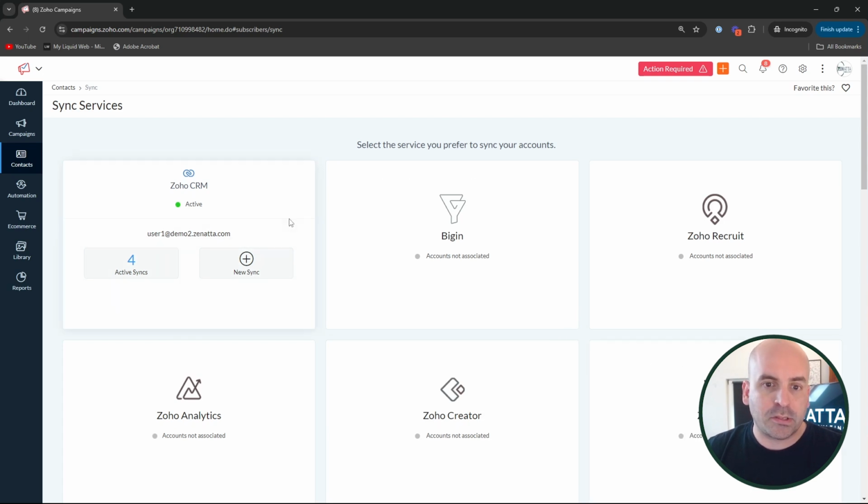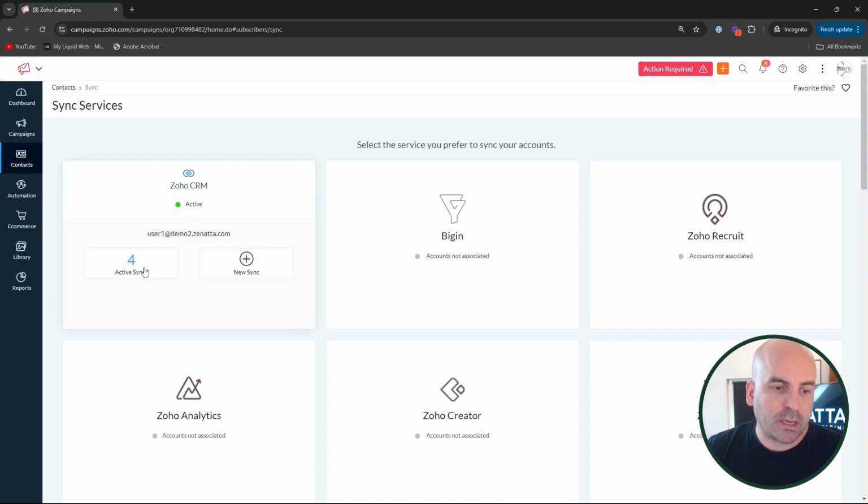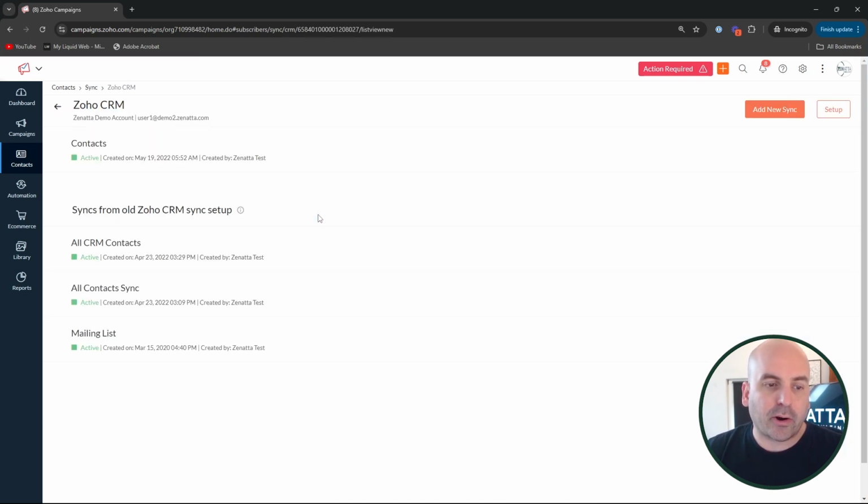In this case, it's going to be Zoho CRM, but if you're using Bigin, it's going to be quite similar. Just associate a new account with Bigin. So let's go ahead and sync our modules here. And as you can see, if you were on the old sync, you'll see these here. You can go ahead and remove these for the most part, because now everything is just pulling in directly from